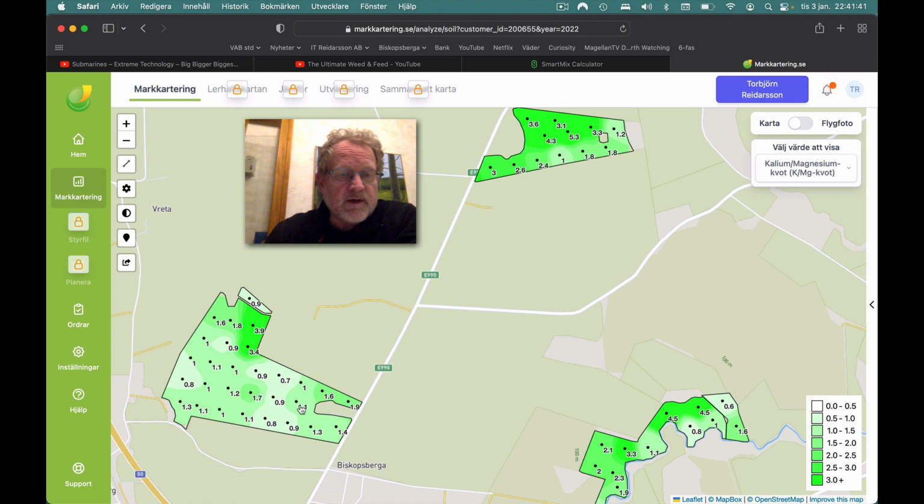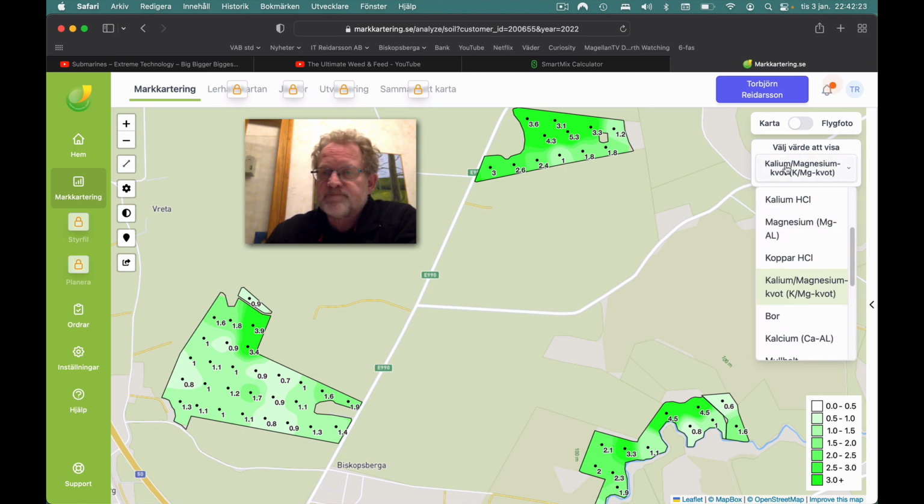Correct me if I'm wrong, but I think that this value should be up to 2, 3 or something like that, and here we're down to 1, even below 1. So this could be a reason for the compaction you see here, and also the compaction, because there's a lot of weeds here and they enjoy the compacted area where the grains don't appreciate so much. So I've been running the subsoil on this to do a mechanical ease of the compaction, but obviously I need to do something chemically